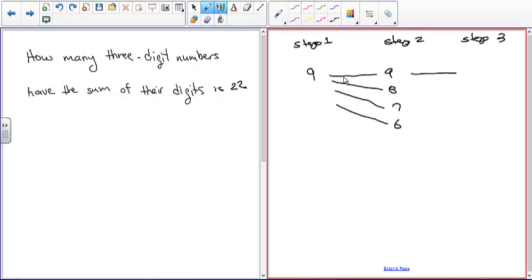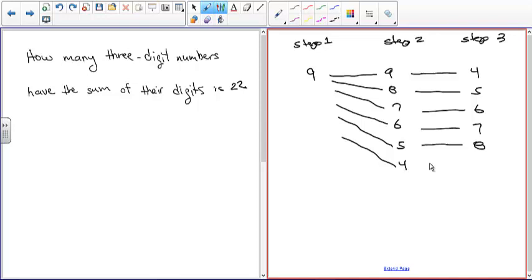Now if I choose a 9 and a 9 here, that's 18, so that's a 4. If I choose 9 and 8, that's a 5. 9 plus 8 is 17, 17 plus 5 is 22. So this one's going to be 6, 7. So I've got 95, and then that would have to be an 8. And then 4, and that would have to be a 9. And that's as far as I can go, because if I go to a 3, I'd have to put 10 in there, and that's not a single digit, that's 2 digits.